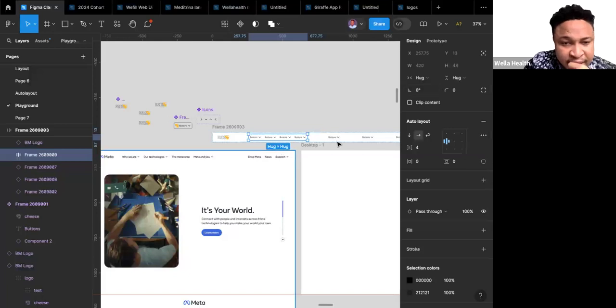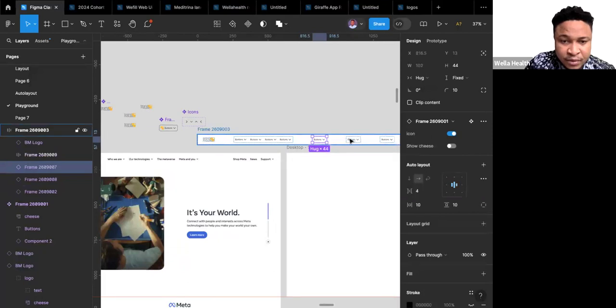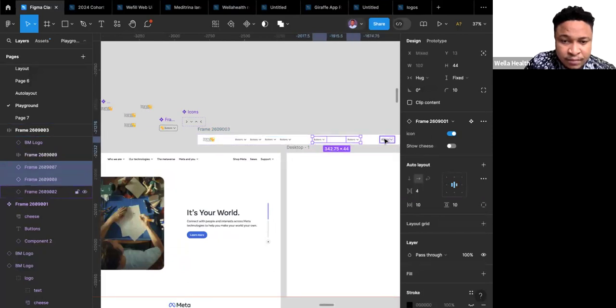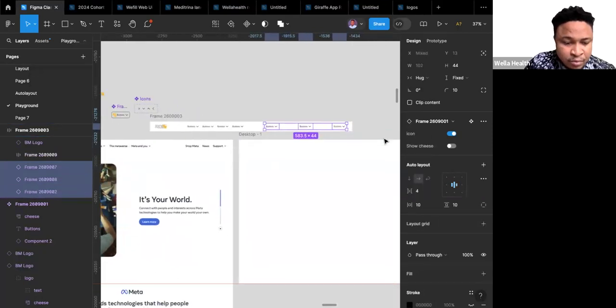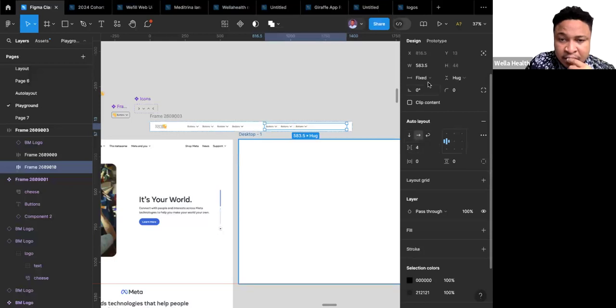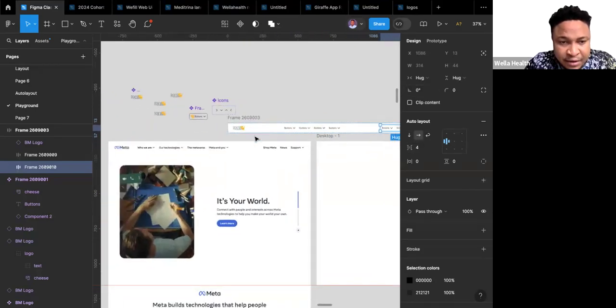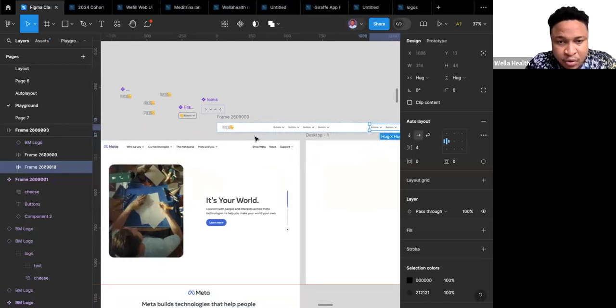Then these ones are also closer together, so we'll do the same thing for them. Put the 3 on auto layout, and then change it to 4. 4 was the last one. And then instead of fixed, the container will be hug contents. Now you may notice they are looking more organized. But this one is closer to the